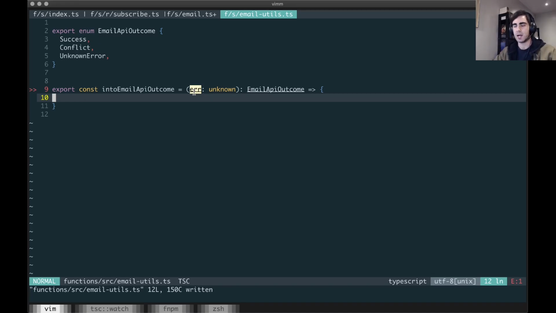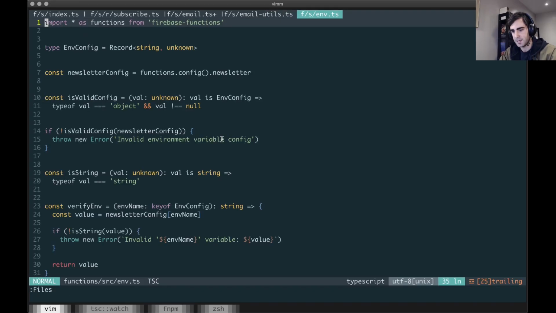So if you think about an unknown, again, conceptually the same as any. So any represents all the possible things in the universe in a value, right? So like this argument on line 9 could literally be anything at this point. So it's our goal to narrow that down. And the way I'm going to do that is I'm going to be doing a similar approach as to what we did with our amp.ts file, which is I'm informing the compiler through validation of what a